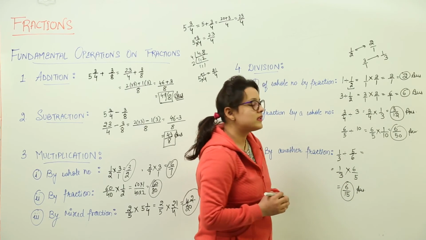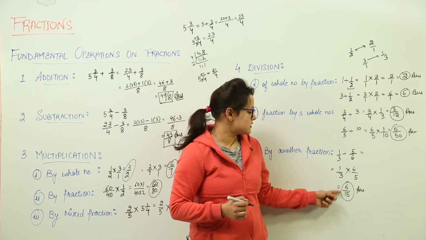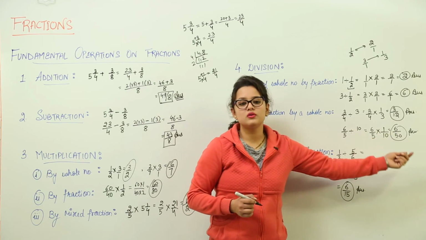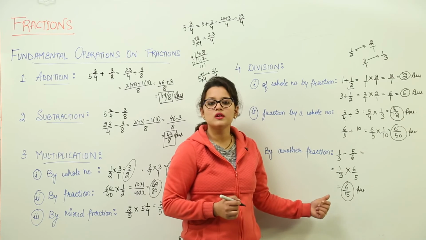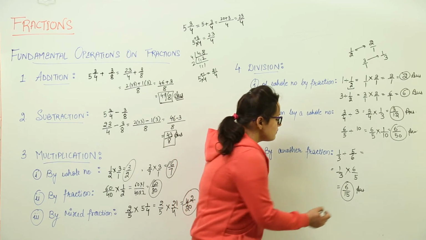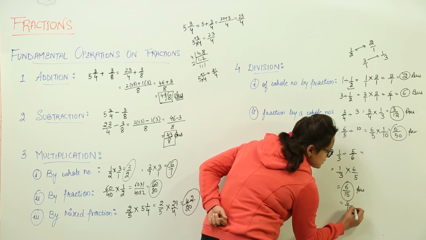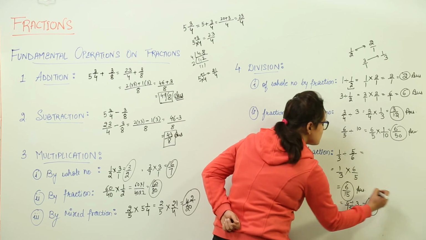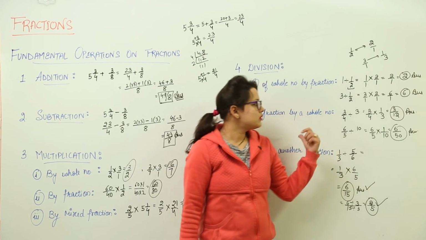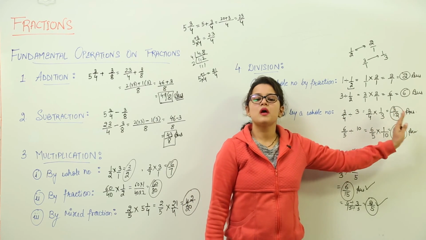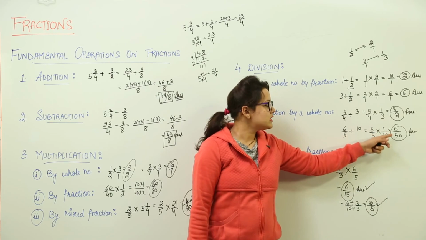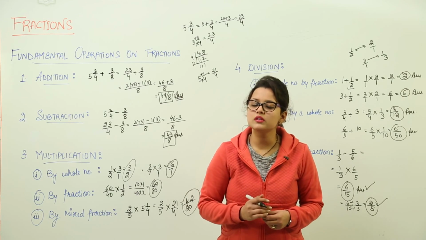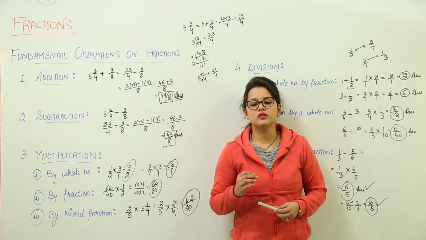Now please pay attention to one thing. Over here I have left the answers as they are. Now if the fraction is having common factors, you can further reduce it to the simplest form or the lowest form that we have learned. For example, this is having further factors, so we will divide this with the factor 3, and we would get 2 over 5. Now 2 over 5 is also correct and 6 over 15 is also correct, but always try and reduce your answer to the maximum possible case, right? So for all these cases, in whichever case the answer is left in such a form that it can be reduced further, please reduce it to the lowest form or the simplest form possible.